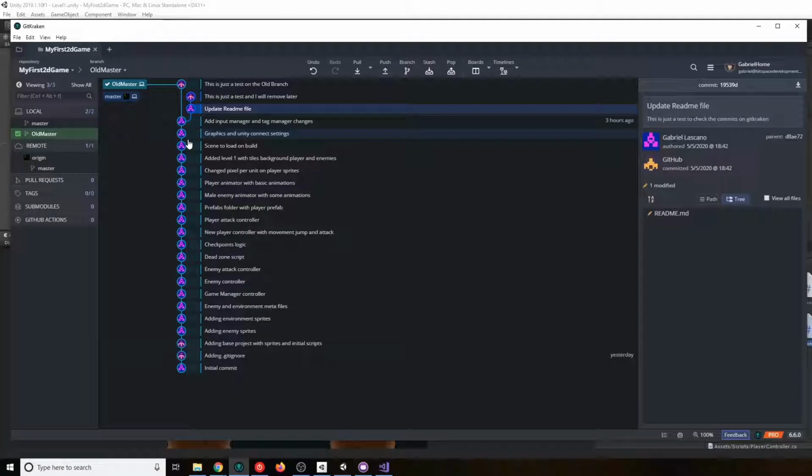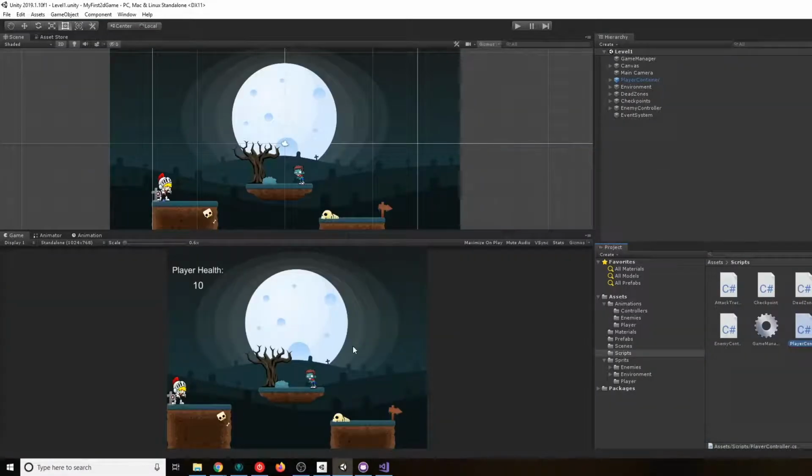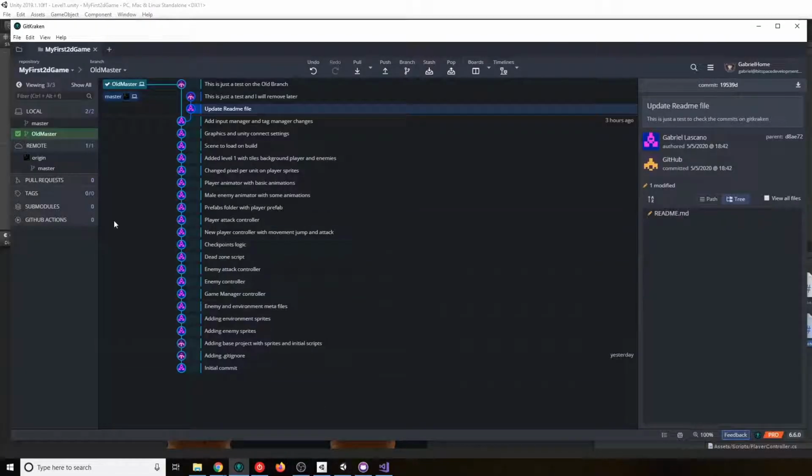This is very powerful, and you will like to use it when you are doing, for example, some testing. Like, okay, we are gonna try a new control mechanic in our game. We wanna completely change how we were using it, but we wanna test it out first. So you can go ahead and create a branch and change everything. Maybe you completely break your game, but you are safe because your original work is on the master branch and is completely safe from any harm. So that's why it's so powerful.